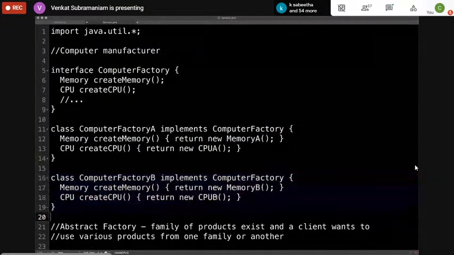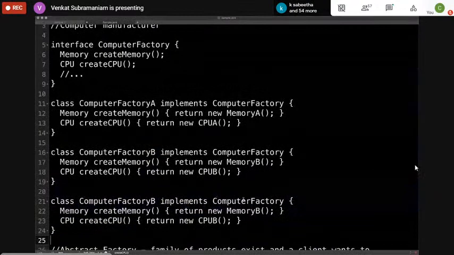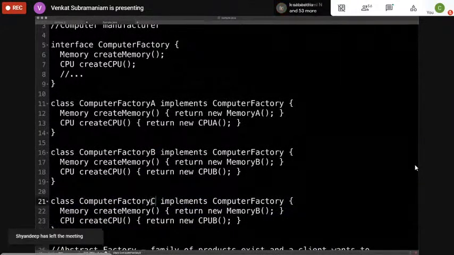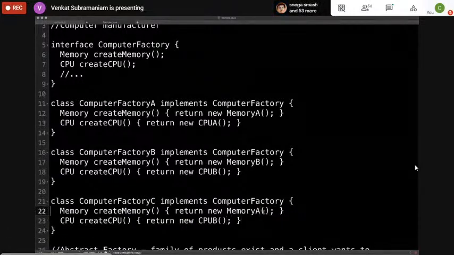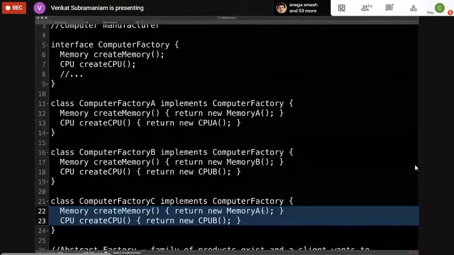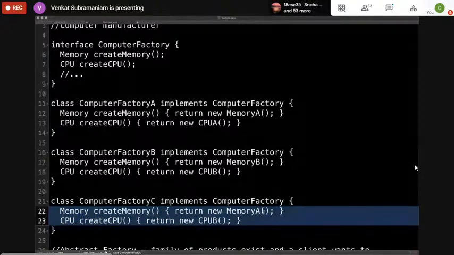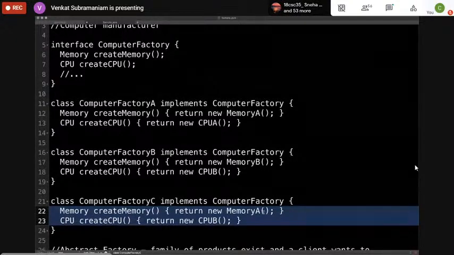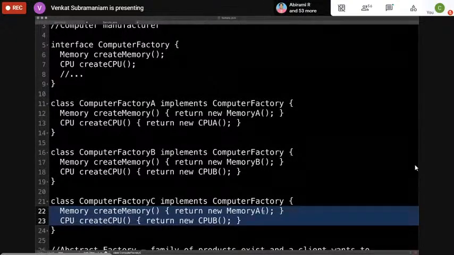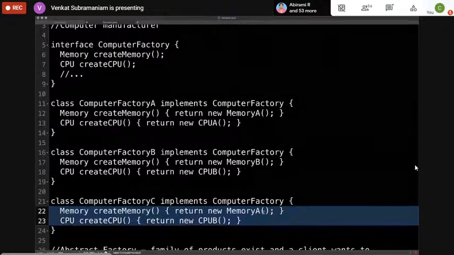It's entirely up to you. You may have a factory C, which may decide to return a memory A and a CPU B. So this could be a different combination that you want to put together in how you create your objects. That's perfectly fine. But the point really is you get this family of products given to you.